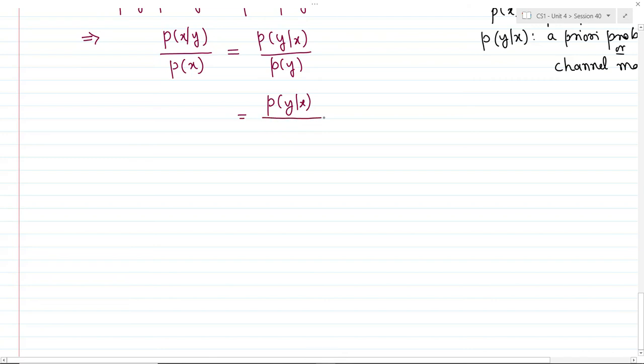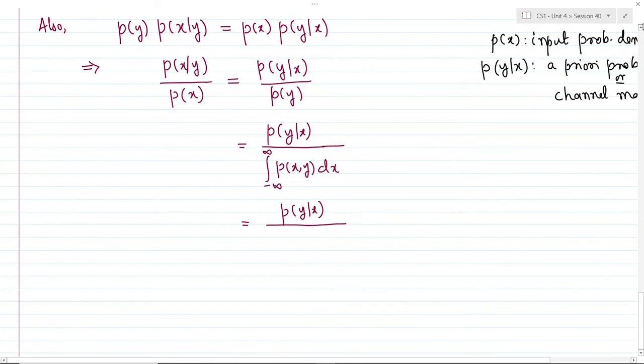I can write P of y, which is a marginal PDF. We know that this can be written as the joint probability density averaged over all variable x, right? So this can be further written as probability y given x, and we know that,